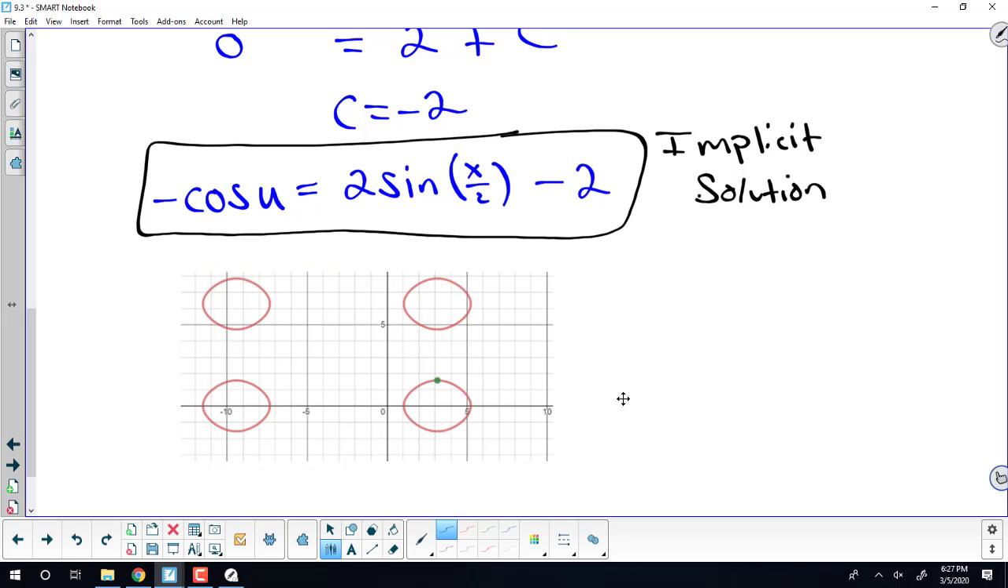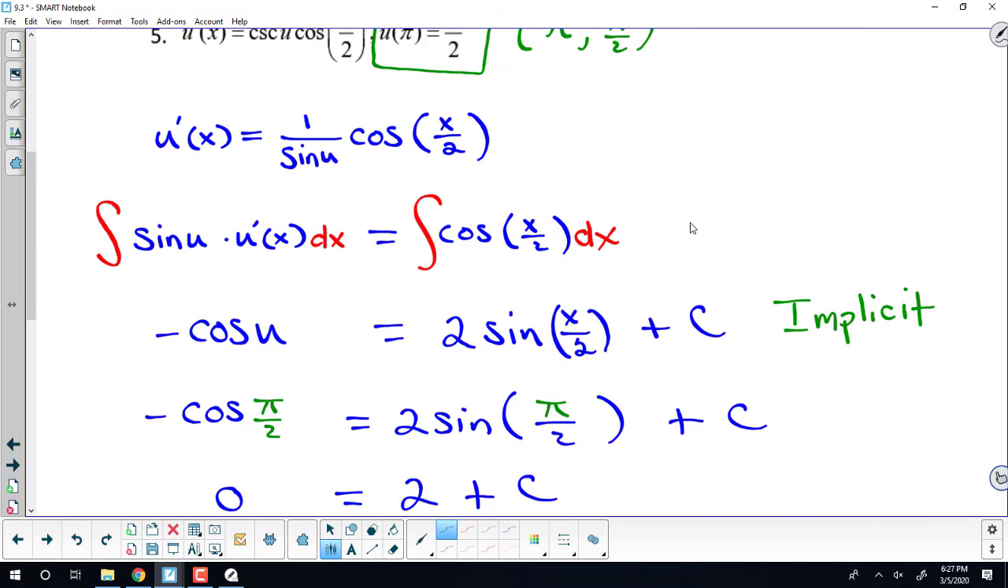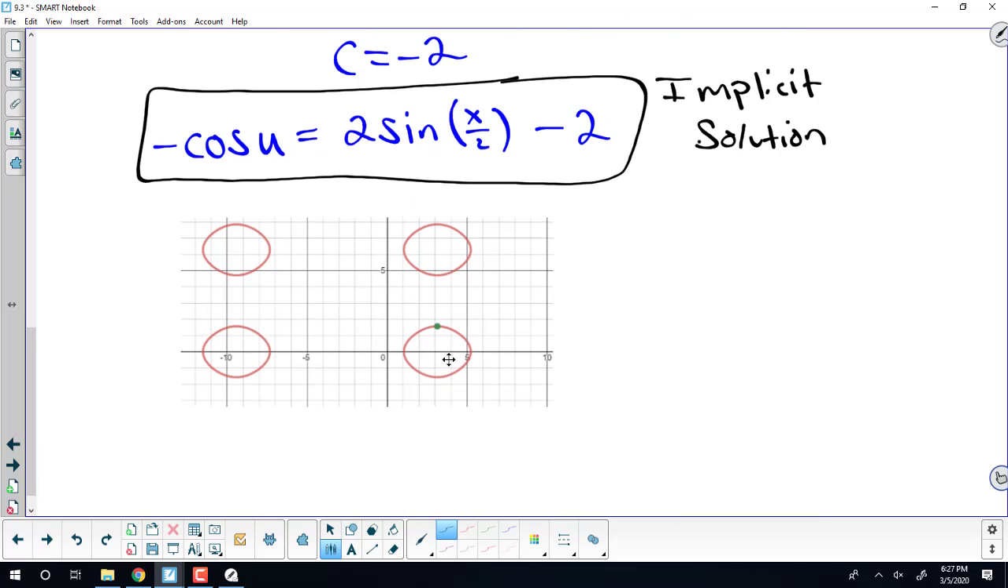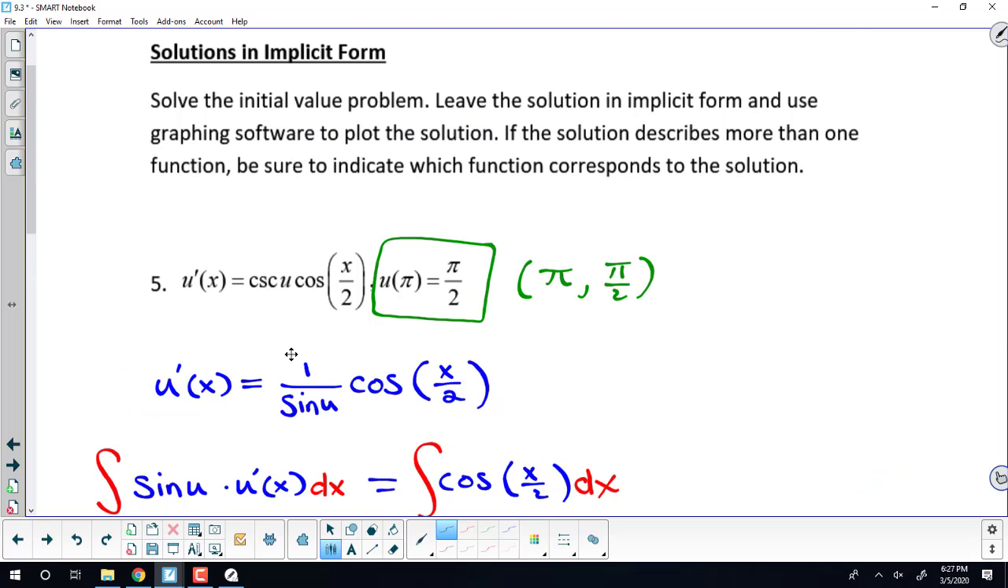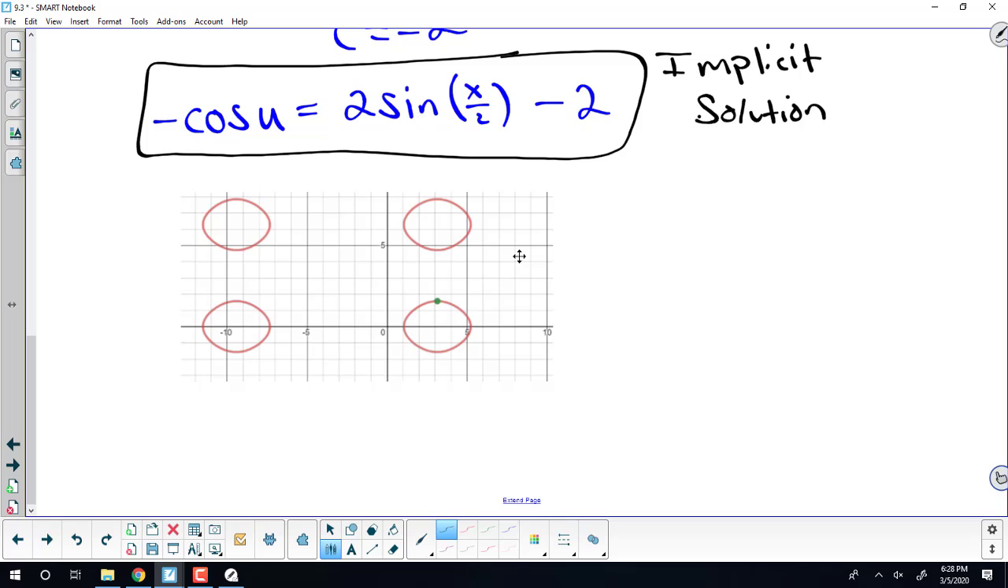Then it says use the graphing software to plot. If the solution describes more than one function, be sure to indicate which function corresponds to the solution. So this isn't a function right here. So then we've got to go back up and say, well, all of this solution is coming from the fact that we have this as our differential equation. We said our original differential equation is not defined when u is a multiple of pi. But now that we have a representation of our solution, we don't have to worry about